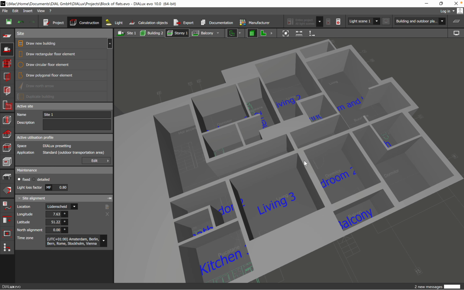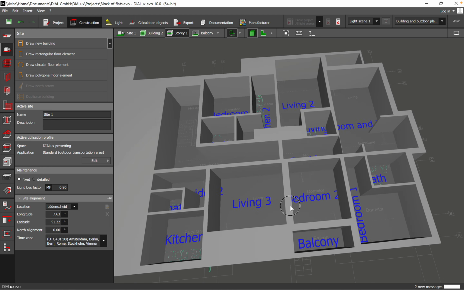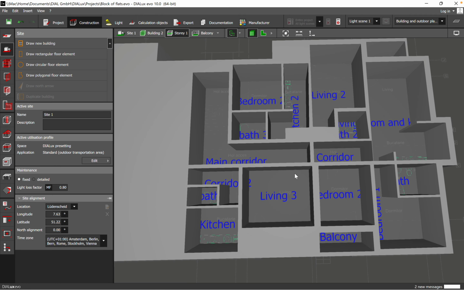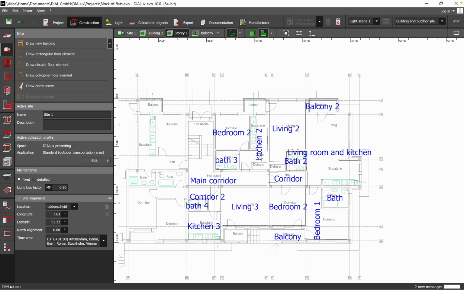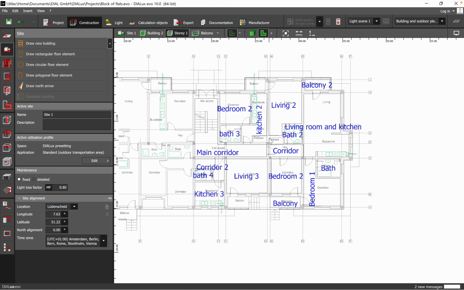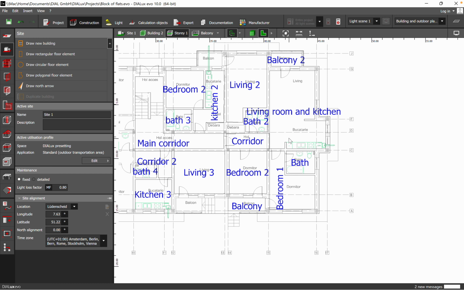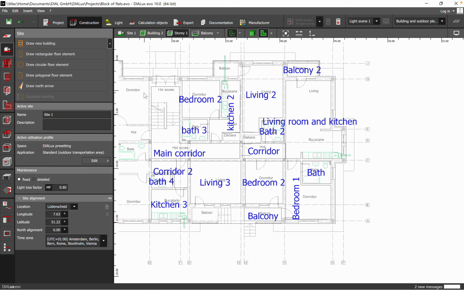Today I will continue with part 2 of the lighting design for this apartment. As you can see on my screen, I have created more rooms which belong to different flats. Actually, we have 3 flats in this area, and I will start today to move to the second step,